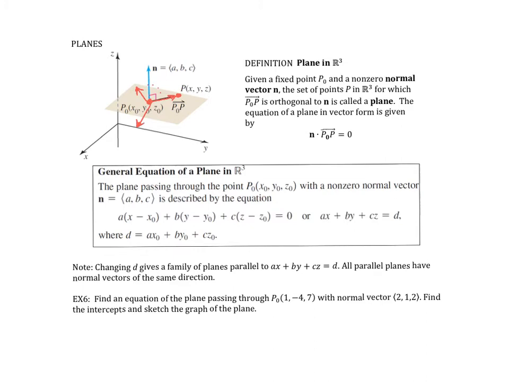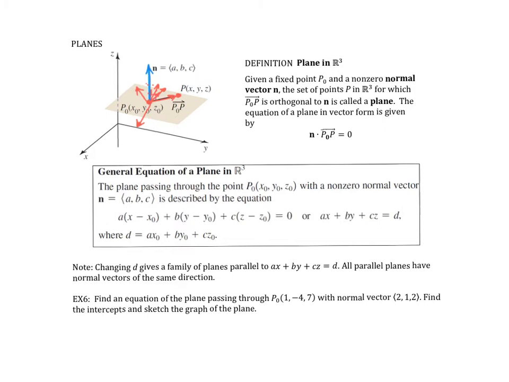plane. Notice that if you take all the points in the plane and you draw a vector from your initial P0 to that point, imagine that all those vectors sweeping around would form a plane. So what all those vectors have in common is they're all going to be perpendicular or orthogonal to the normal vector at that point. And it could be any normal vector at that point. The length doesn't matter. And even the direction really doesn't matter. It could go in the opposite direction and it would still be any normal vector to that initial point would be the way that we define a plane in space,